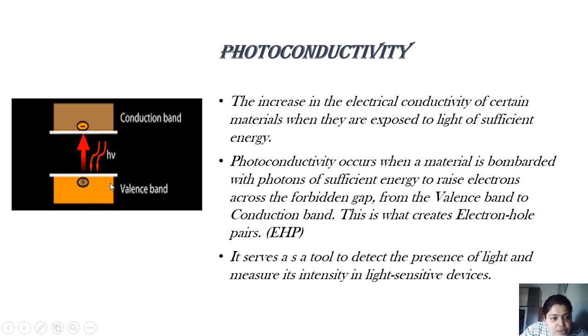I have shown here, suppose you consider a valence band and the conduction band. In between this gap is known as the forbidden gap. So what happens is h nu stands for photon. When light is incident on this valence band, the electron is moving from the valence to conduction band. So you have electron here and a hole here. Electron and hole are separated, means EHP is created, electron hole pair is created. How was it created? By light. So by light I say EHP is created, or I can say conduction has increased, or I can say photoconductivity,